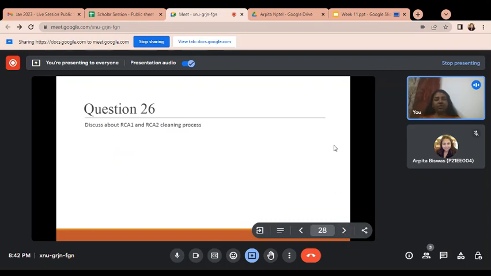Next question is, discuss the RCA1 and RCA2 cleaning process. So what are the RCA1 and RCA2 cleaning processes? RCA1 and RCA2 are standard cleaning processes. By RCA1 we remove the organic impurities from the wafer, and by using RCA2 we remove the inorganic or metallic